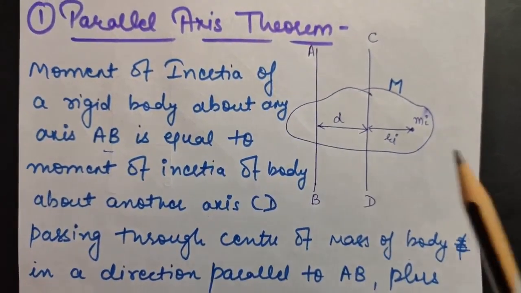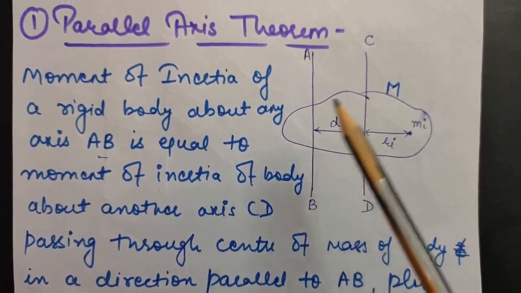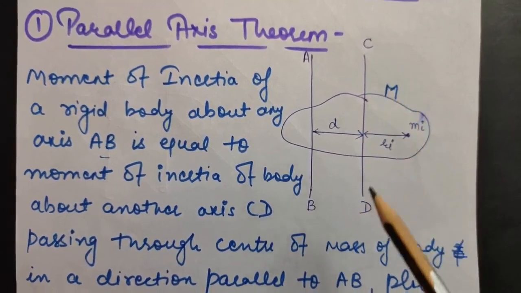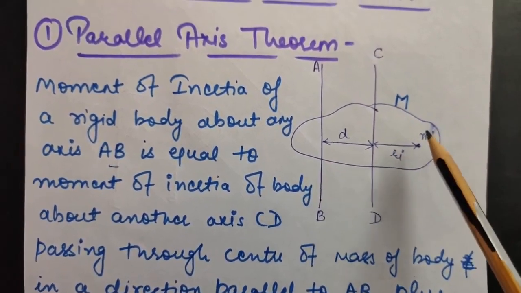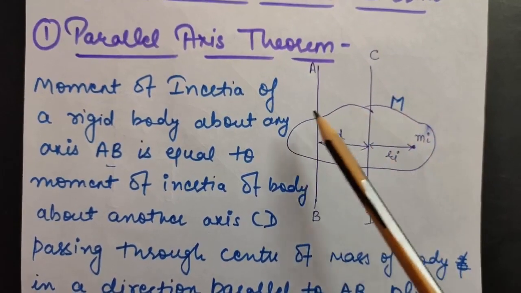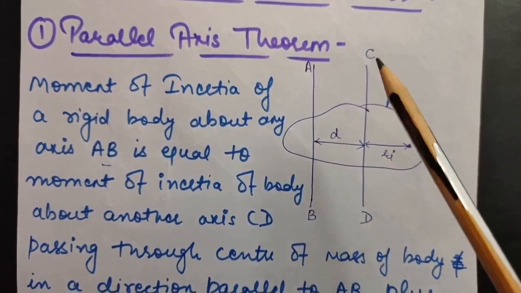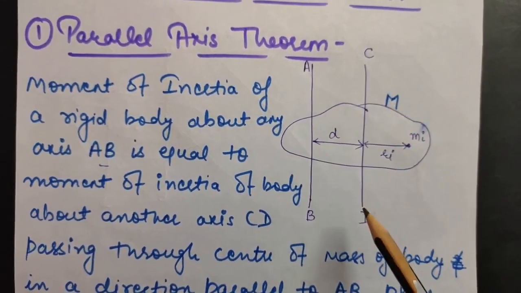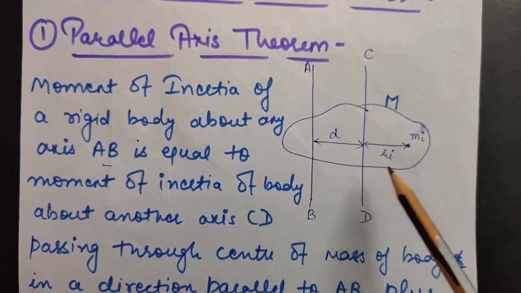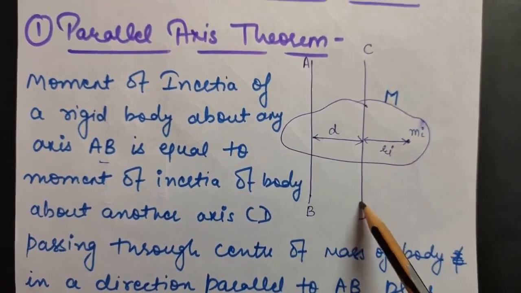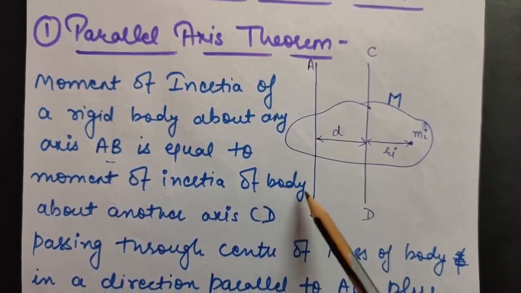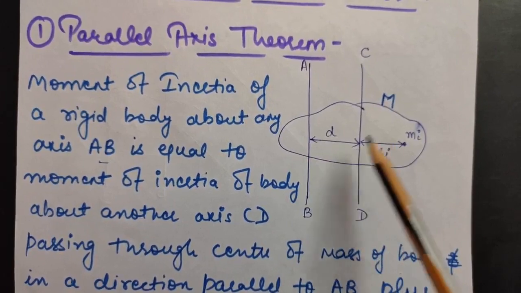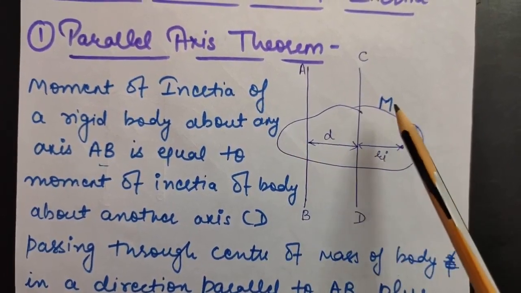Okay, so for that, suppose this is any rigid body. Okay, these are two axes AB and CD. So this axis CD is perpendicular to the plane of ring, or you can say perpendicular to the plane of this body and is passing through the center of mass. Okay, so this axis CD is perpendicular to the plane of body and is passing through center of mass of the body. This is another axis AB which is parallel to CD only. Okay, the distance between them is D and the mass of this body is capital M.